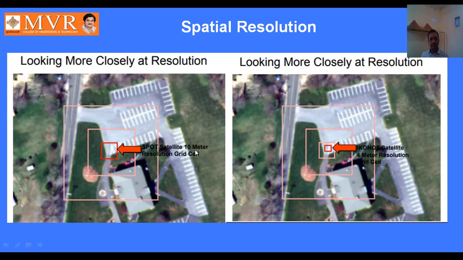This is a 30 to 10 meter resolution. This is the SPOT satellite. The SPOT satellite's 10 meter resolution appears good compared with the previous one. Then beyond the SPOT series, this is the IKONOS series. The IKONOS satellite has 4 meter resolution. When compared to 10 meter resolution, this 4 meter resolution is very high. The pixel size is 4 meter, so the spatial resolution of the satellite is also 4 meter. So with 4 meter resolution you get good detail